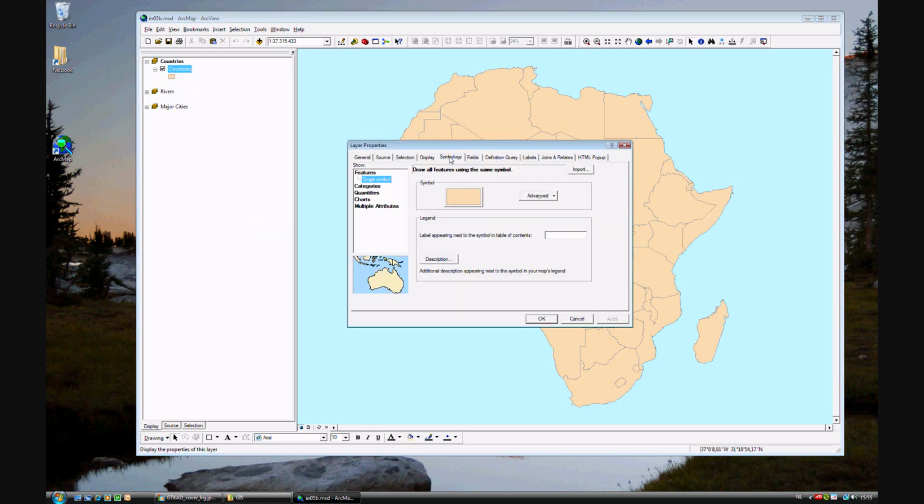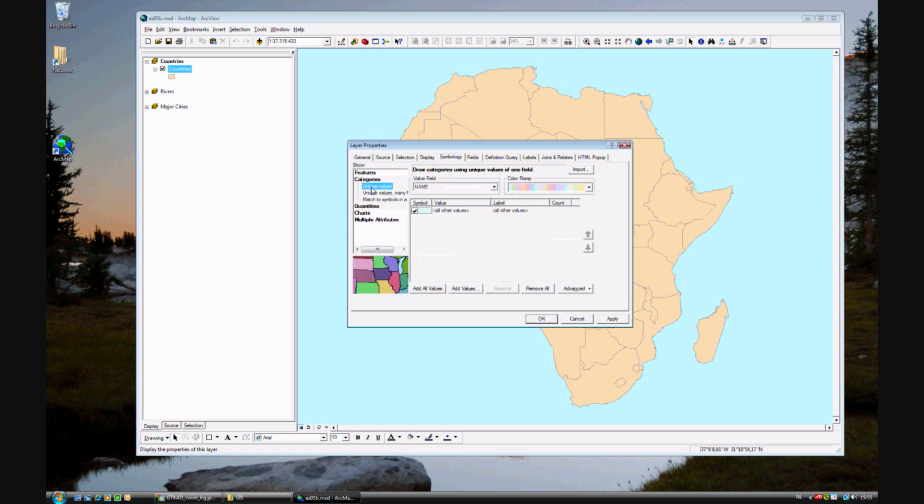Go ahead and go to the Symbology tab, and we will be categorizing by categories, unique values. As you can see, you can categorize them by many different fields depending on which data you want to categorize by. We will be categorizing by name,